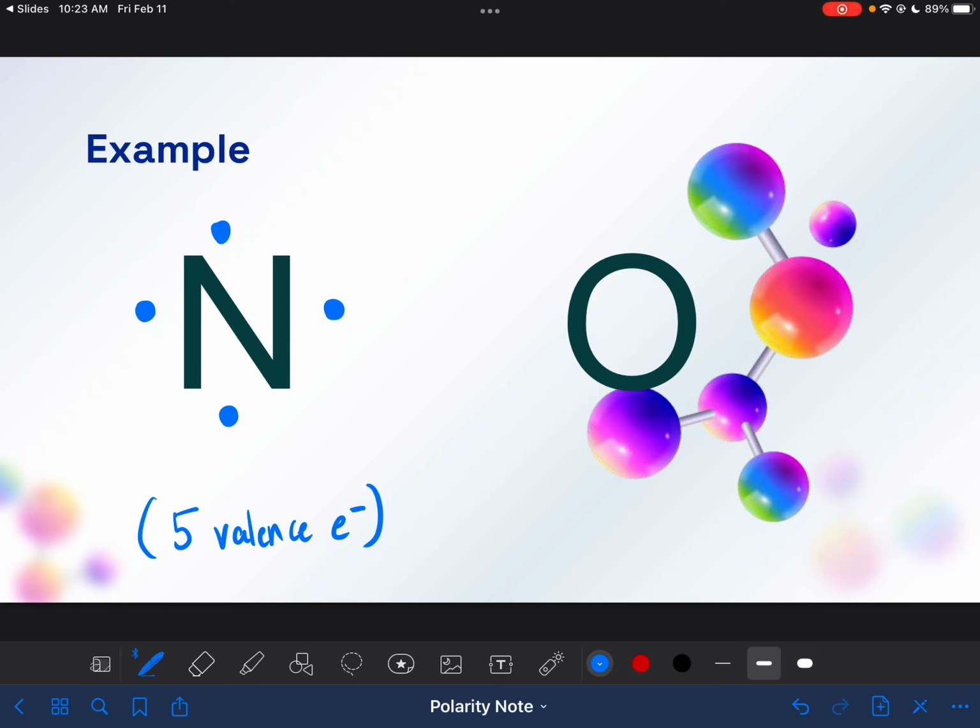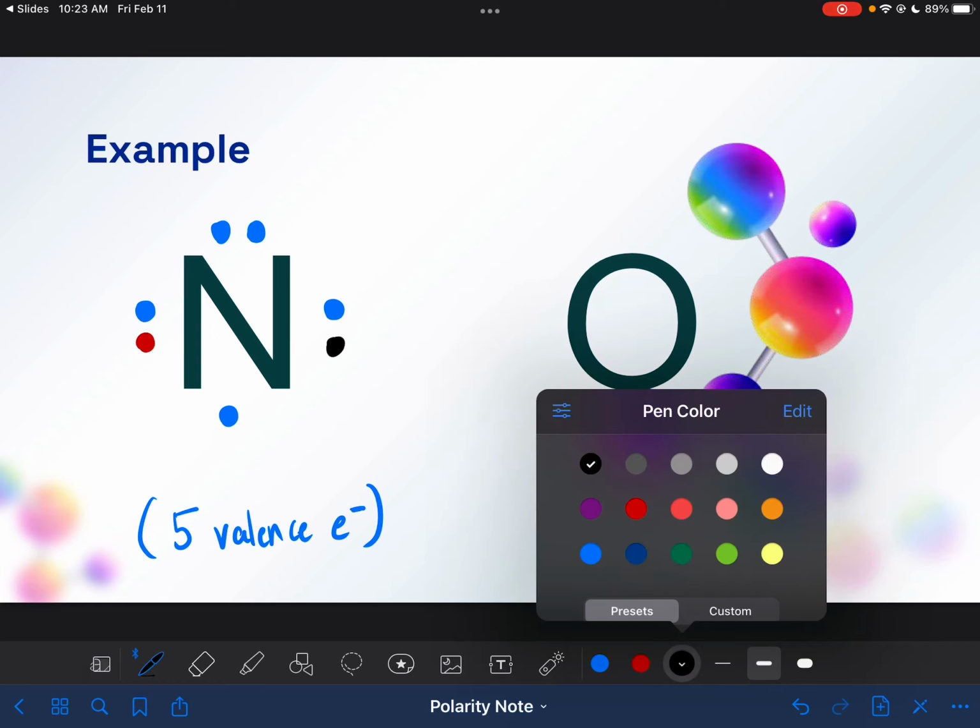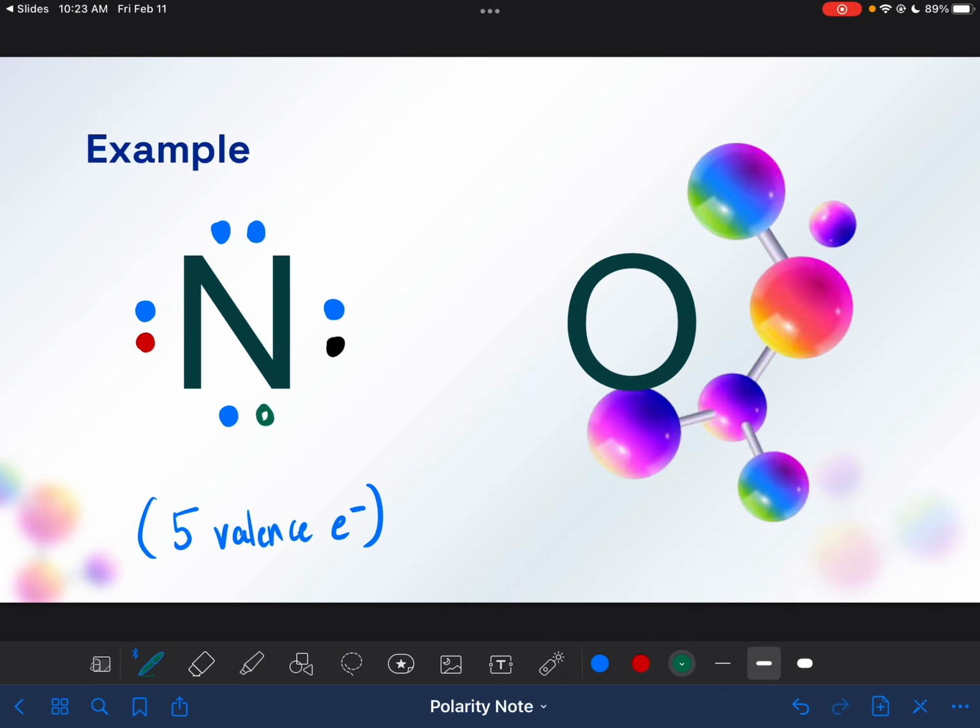But the most important thing is before you move on to the second dots or a pair, you must make sure that each side has a single dot. So since we're only missing one more, you can place it right here, or you can write it, I use a different color just to show you, right here, or right here, or right here. It all depends where you want to place the single dot, but just make sure that you draw exactly 5 dots in total. So I'm going to make sure I delete